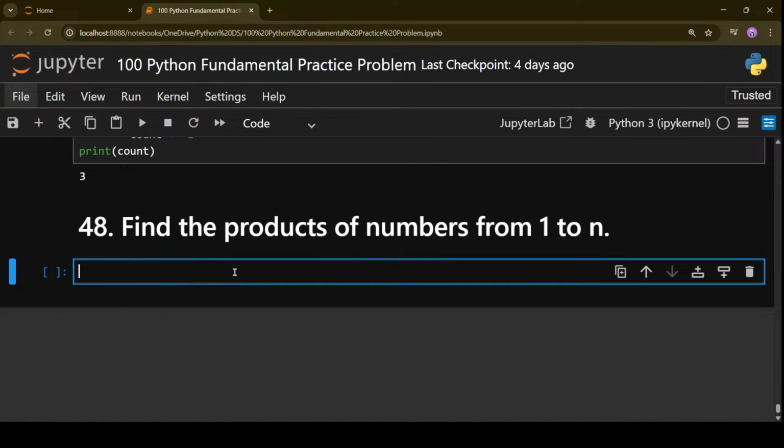The numbers will start from 1, and the highest value will be n. So you have to do consecutive multiplications from 1 to n, and whatever the end product will be, you have to return. Let me give you the n value also. Let's say n value is 5. Now do it.